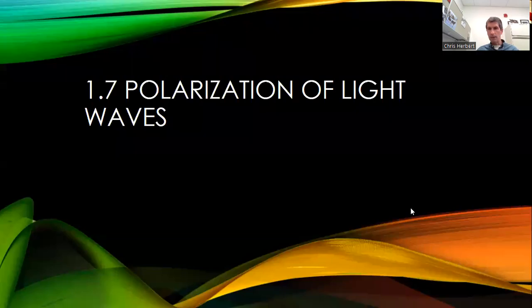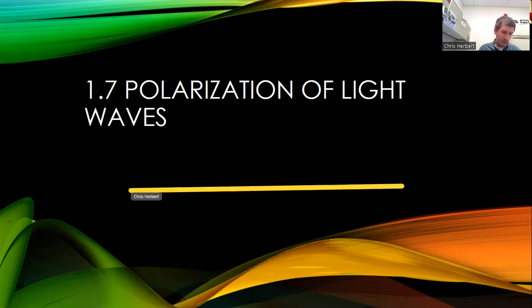So we've been ignoring the direction of the electric and magnetic field. We've just been talking about this ray representing the direction that the light is propagating. This is the wavefront, which represents parts of the electromagnetic wave that are all in phase. However, it's important to remember that when we're looking at light propagating through space,